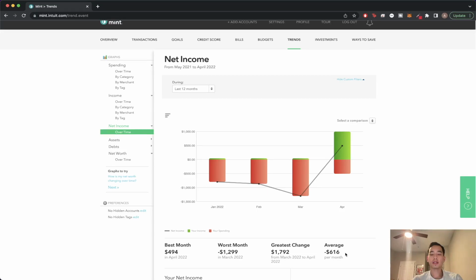What that means is that on average for the past 12 months, I've been able to save $616 every single month. And this information is also really useful if you're trying to save for a really big purchase. Let's say, for example, you're trying to save money for a down payment on a new house and you need to save like $5,000. If you know how much you're saving on average every single month, then you can quickly figure out how many months it'll take in order for you to save that much money for your down